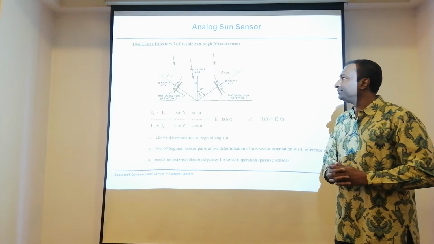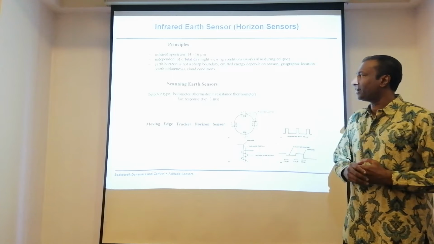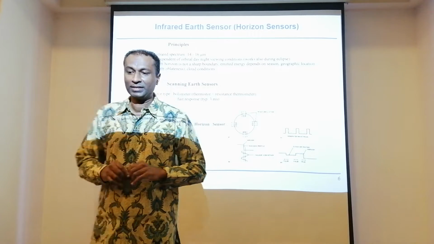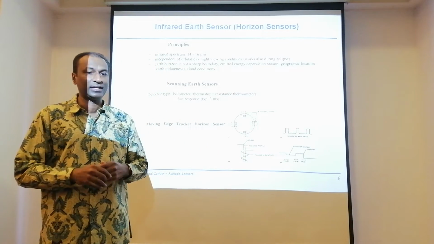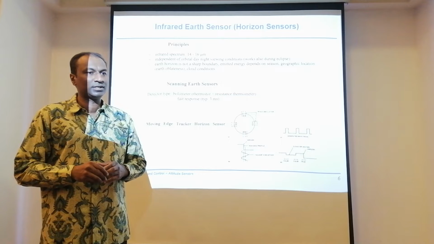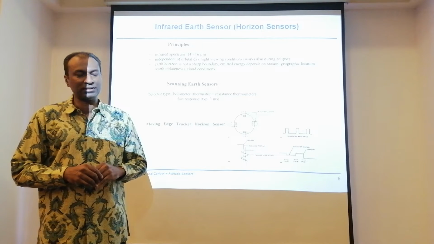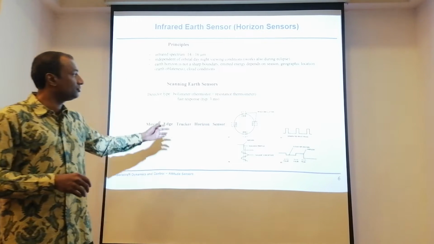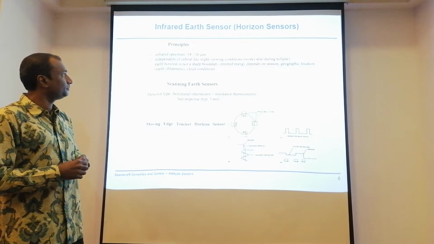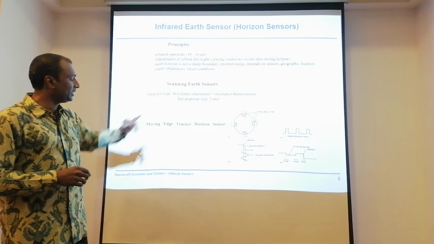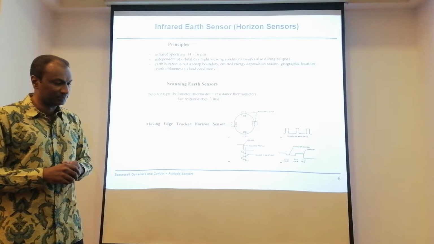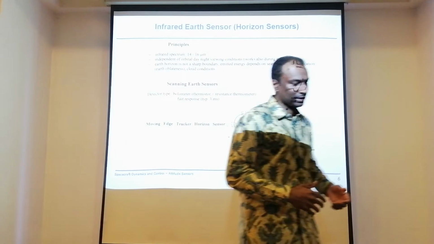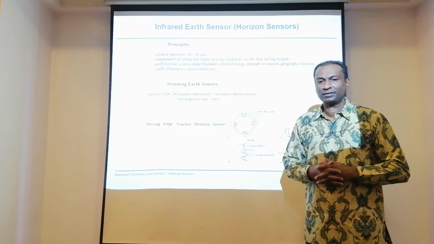All right? Go on. Infrared Earth sensor. This is a very interesting sensor. The good thing about this sensor is that whether it's the sun phase or the eclipse phase, you can use the sensor. It is one of the most commonly used sensors, even for LEO or for geostationary orbit. The principle of working, as I've said, is just like a thermistor, which can sense heat, so to say. Infrared, you can also detect at night.